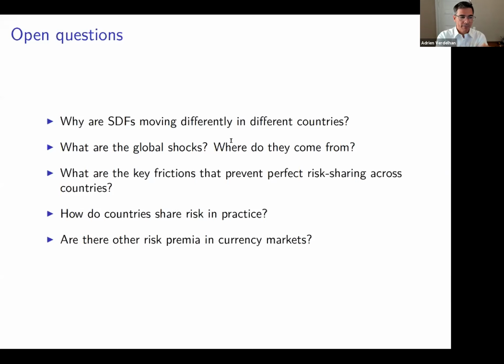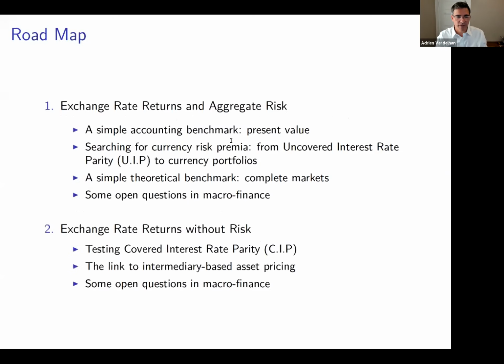Now, of course, I've only shown you one or two risk premia. There are many other ways to go, and they may come with different explanations and different assumptions. The reason I brought up this complete market framework is because it forces you to always think about volatilities and covariances between stochastic discount factors. So maybe I should stop here. I have more, but let me stop here again.